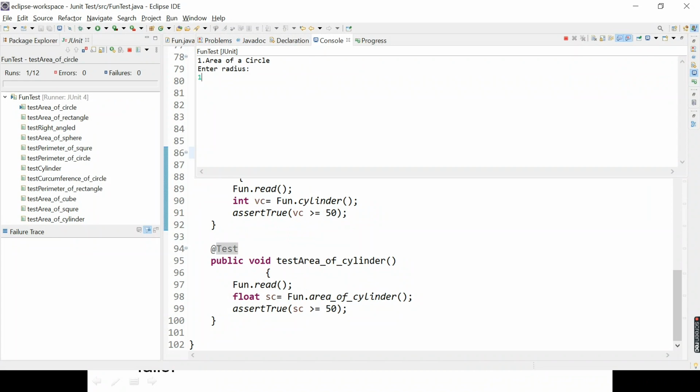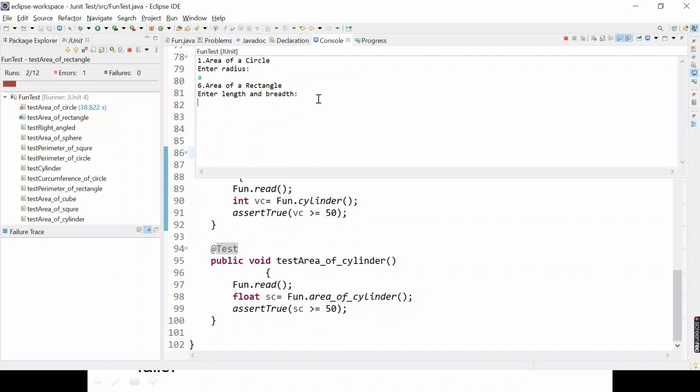But if I write a number, and it calculates the area and the area is less than 50, then that assert false generates a failure, right? Suppose we go with the first test case, generating the error. Here it asks for the sixth number. I have not sequenced it, that is why it is asking for the sixth number. So I have entered A. A is not a number, so it has an error, right?